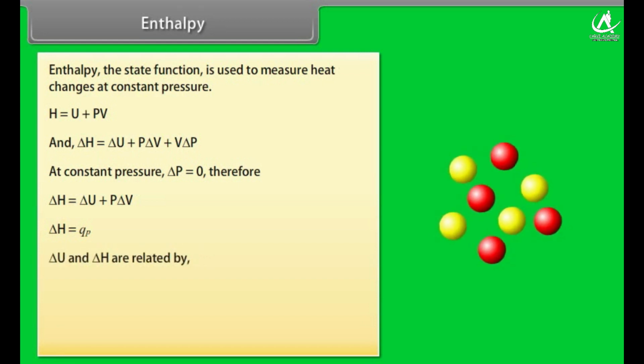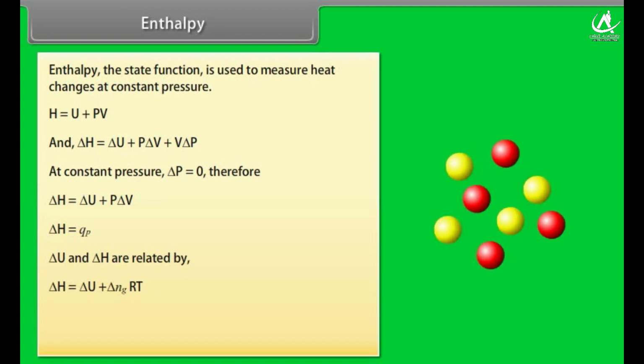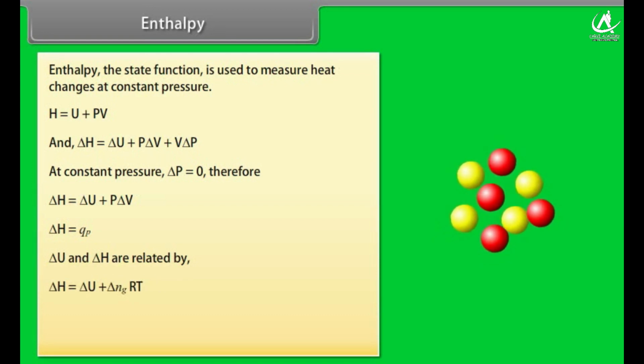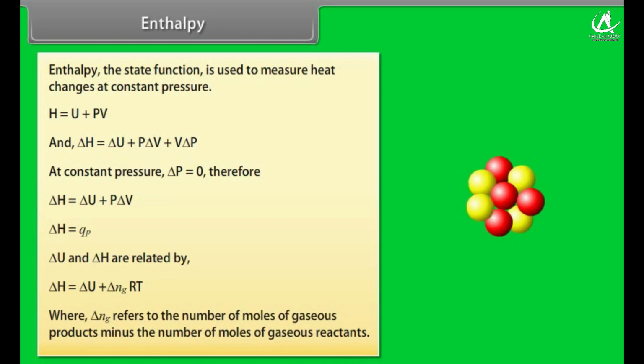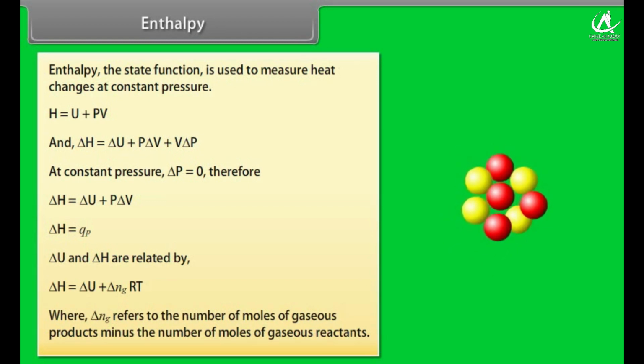Delta U and delta H are related by delta H equals delta U plus delta ng RT, where delta ng refers